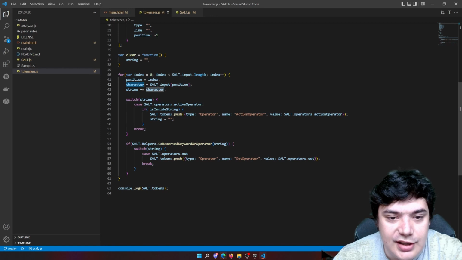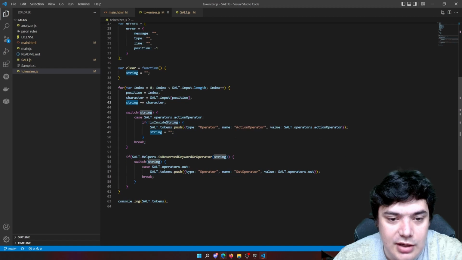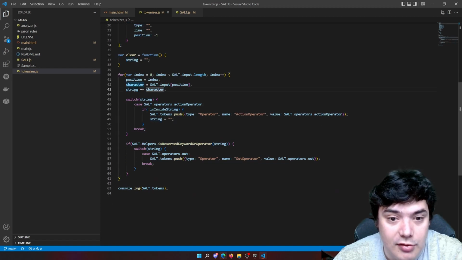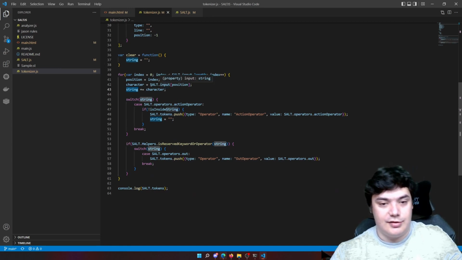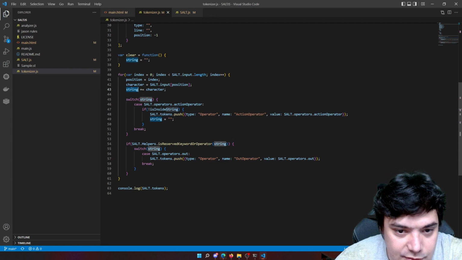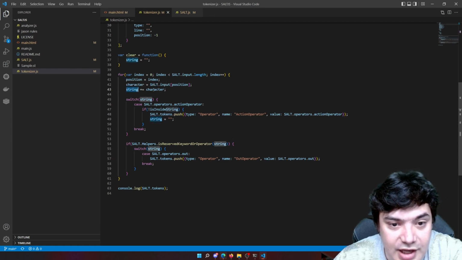Then we read the character and we add the character to the string, to our variable that we are working with. String is a very odd name for a variable. I wouldn't do that. I would name that token, to be honest. So let's change that. Yeah, it's too much to change. String is basically, I will name this one token. So we add the character to the token, then we check if the token